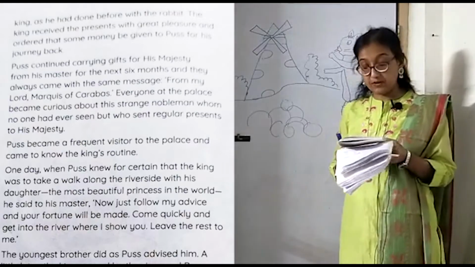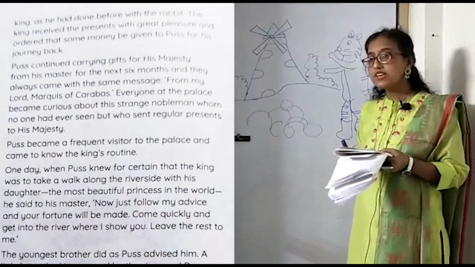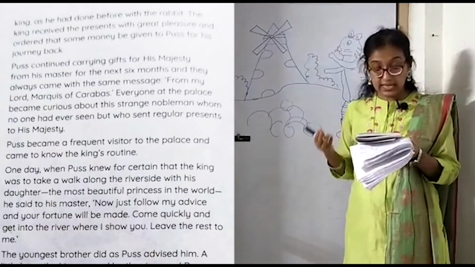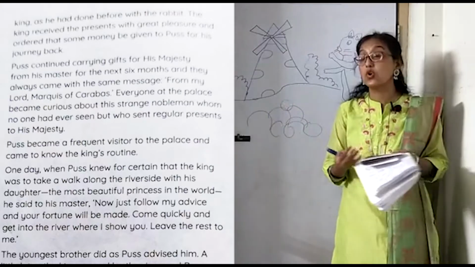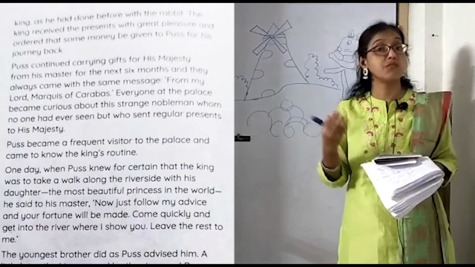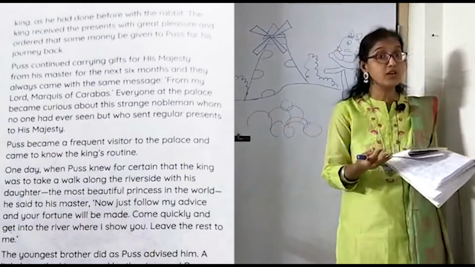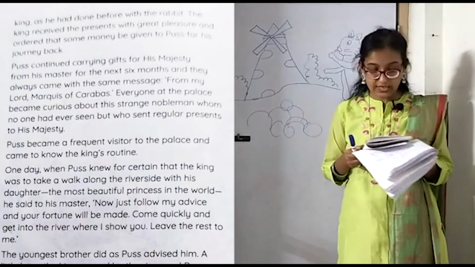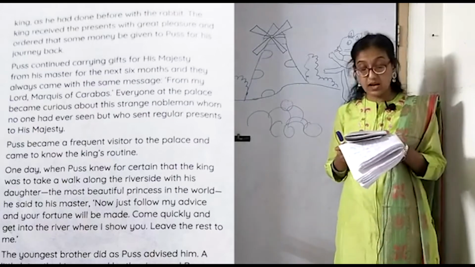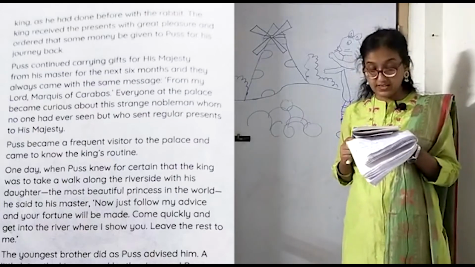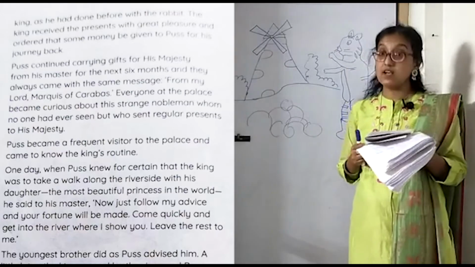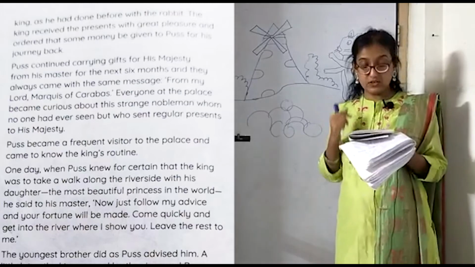Puss became a frequent visitor to the palace, and obviously he started regularly going to the palace and came to know the king's routine, got very much accustomed to the king's routine, his whereabouts, where he went and when he went, all these things. One day, when Puss knew for certain that the king was to take a walk along the riverside with his daughter, the most beautiful princess in the world, he said to his master,